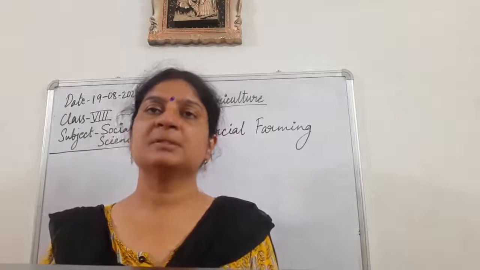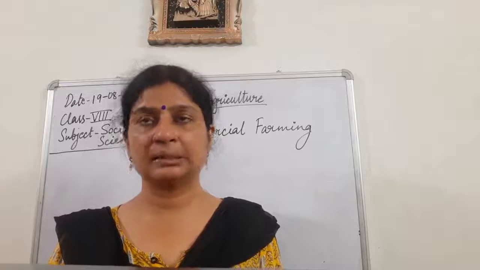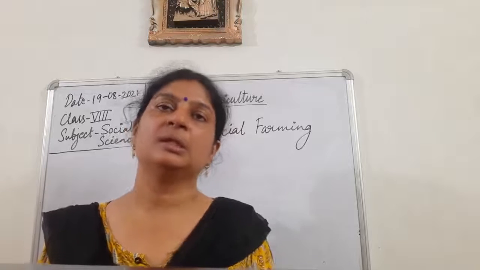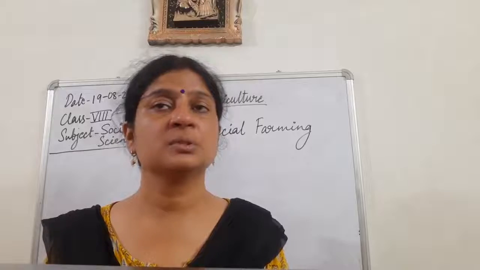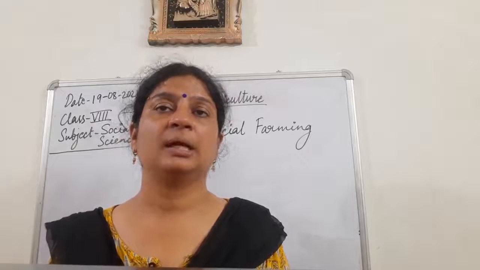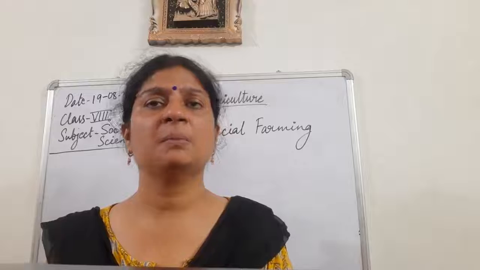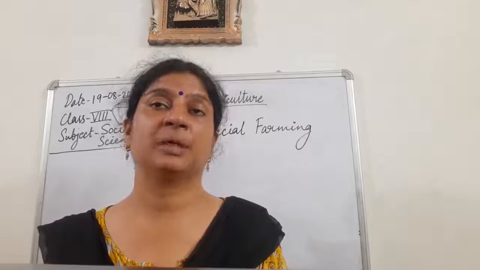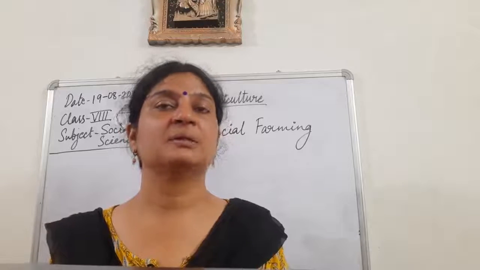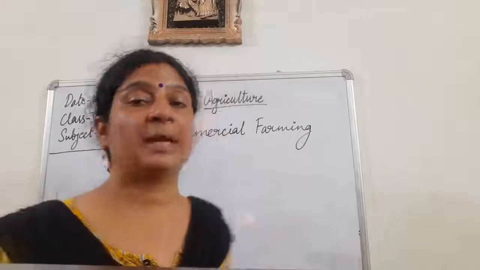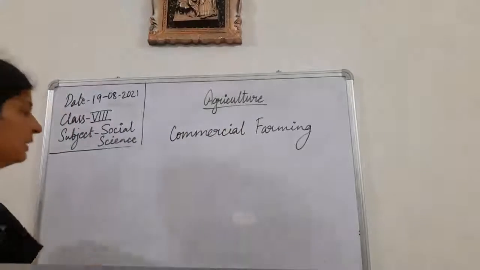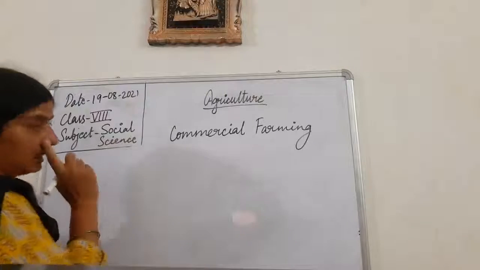तो उस पर्पस से जब किया जाता है तो ये होता है कि ज़्यादा से ज़्यादा प्रोडक्ट हो, तो इसलिए large amount of capital is used, machinery is used, और इसमें भी, इसको भी हम अलग अलग 3 पार्ट्स में बांट सकते हैं: कमर्शियल ग्रेन फार्मिंग, मिक्स्ड फार्मिंग एंड प्लांटेशन एग्रीकल्चर. सो सबसे पहले आपको कमर्शियल फार्मिंग की जो मेन फीचर्स हैं दैट शुड बी